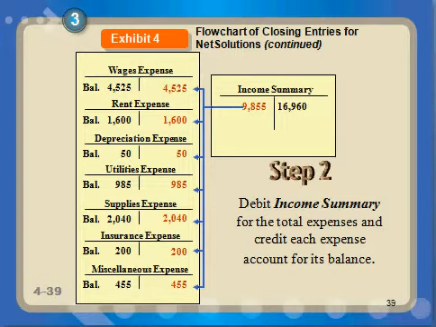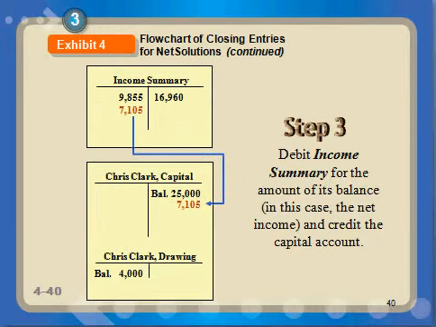So the next thing that we want to do is transfer this credit balance in the income summary to the capital account. To do that, we'd have to debit the income summary to make it equal to the credit side for $7,105, which represents our net income for the period, and credit the owner's capital account. So the owner's capital account at this point has a balance of $32,105. Started out with $25,000, had a $7,105 income for the period, so that gave it